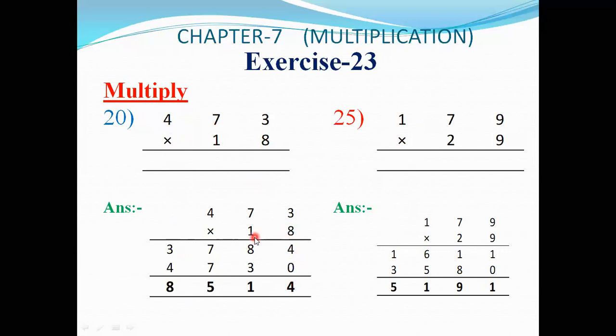And now, here is the 1 digit which is used to multiply 473. When we multiply 1 by 3, we get 3. 1 times 7 is 7. 1 times 4 is 4. When we add both these two last digits, 4 plus 0 is equal to 4. 8 plus 3 is 11. 1 is the carry over digit. 7 plus 7 is equal to 14. 14 plus 1 is 15. 1 is the carry over digit. And now 3 plus 4 is 7, or plus 1, 8.